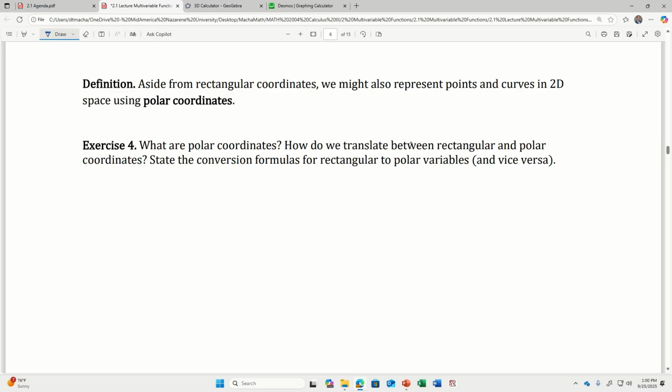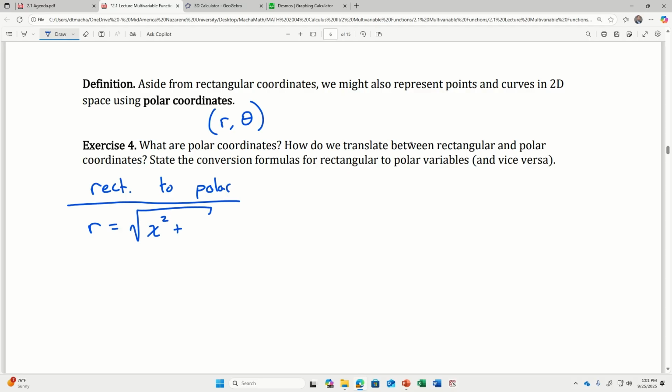So if I want to convert from rectangular to polar, and my polar coordinates give me some lowercase r and some theta. That's the distance from the origin and the angle from the positive x-axis measured counterclockwise. Then r is equal to what? Very good. The square root of x squared plus y squared. And then theta is equal to,